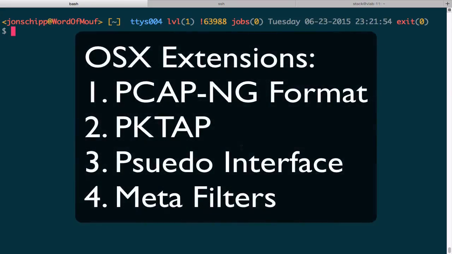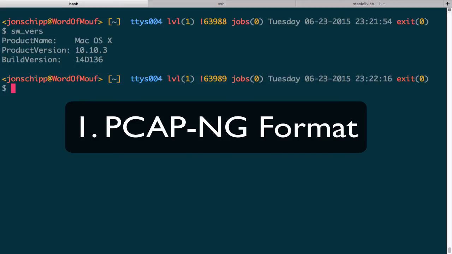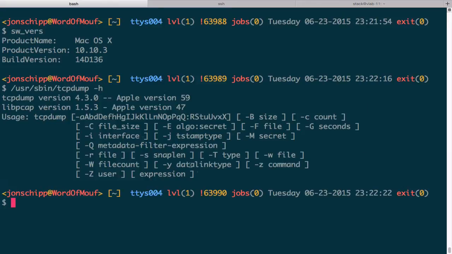Let's take a look at some of the extensions or modifications that the Tcpdump application has on OS X. To begin, let's start off with my version of OS X. I'm running 10.10.3, and the Tcpdump application is 4.3.0, which is a little outdated. And you can see that Apple tags their own versions here, so when they make modifications, they do put their